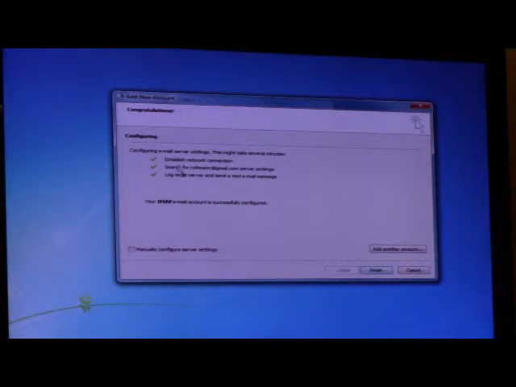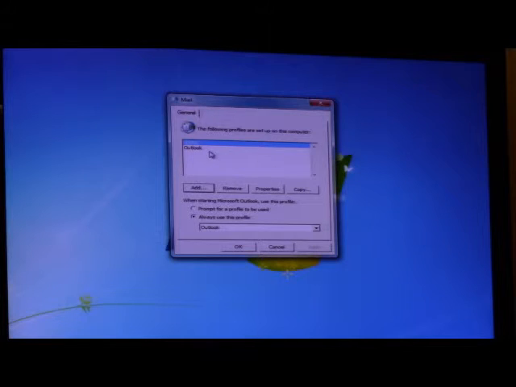And you can see now that it is established connection. It found my email account, and it was logged onto the server and actually sent a test message to make sure everything worked. And I click finish, and I now have the Gmail profile, and if I click OK,